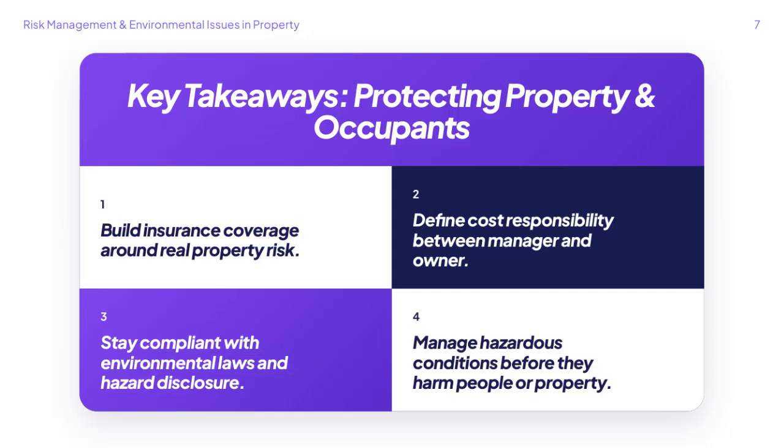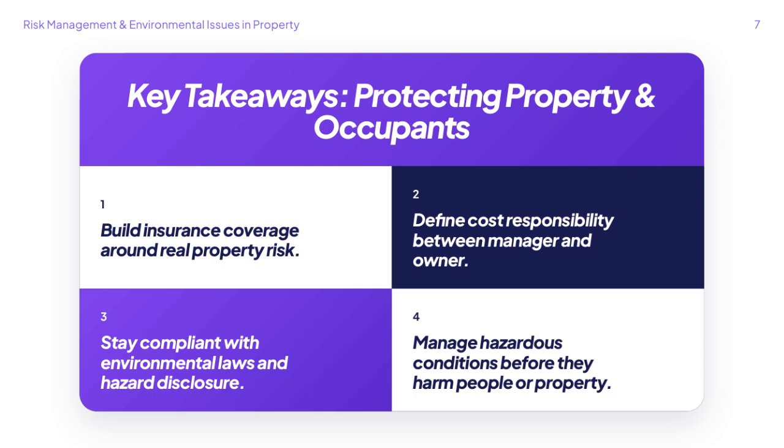To wrap up, the key takeaways focus on protecting both the property and its occupants through effective risk management. First, it's crucial to build your insurance coverage specifically around the real property risks you face. This ensures you're adequately protected in case of damage or loss. Next, clearly defining the cost responsibility between the property manager and owner helps avoid confusion and ensures smooth financial handling